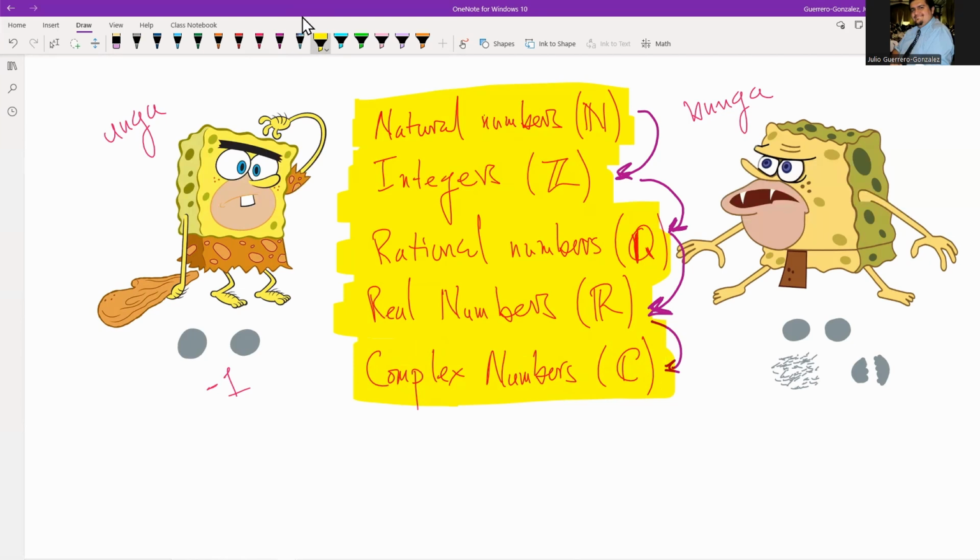Now, your question is, in each one of these steps, in the natural numbers, something happened that we needed to create the integers. Something in the integers meant we needed to write rational numbers. Something in the rational numbers meant we needed to write something in the real numbers. So something happened that we needed to develop something new. So maybe your question now is, what the heck happened that led mathematicians to create complex numbers? And it turns out that a couple hundred years ago, 300, maybe 400 years ago,